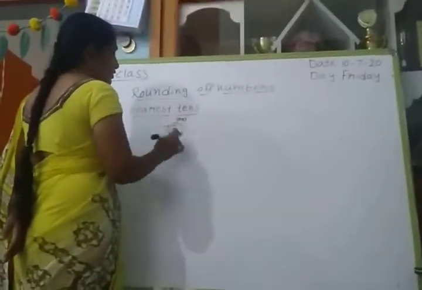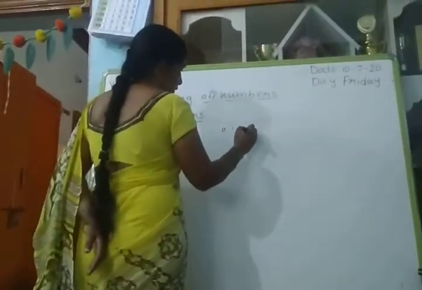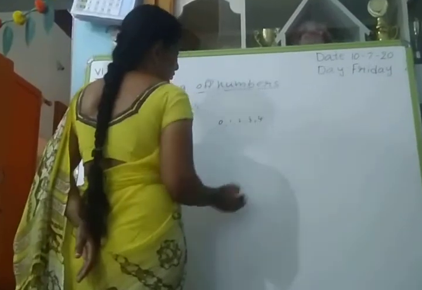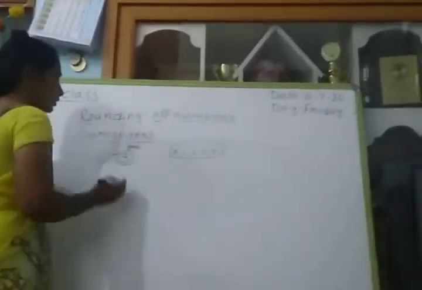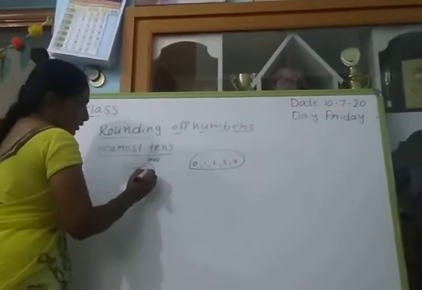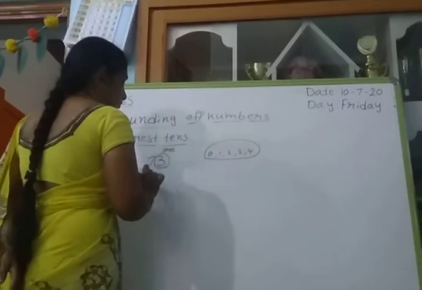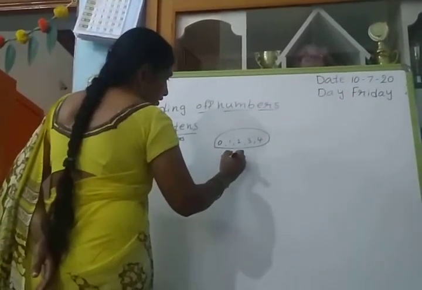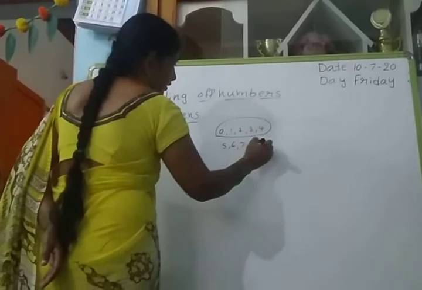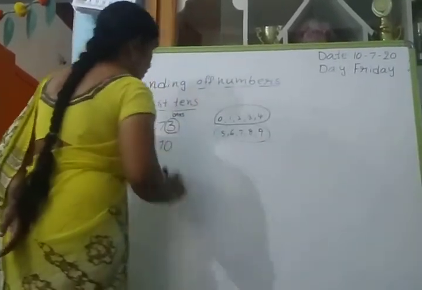You have to see the ones place digit: if 0, 1, 2, 3, 4 are there in the ones place, you have to write that digit as 0. Otherwise, if 5, 6, 7, 8, 9 are there in the ones place...